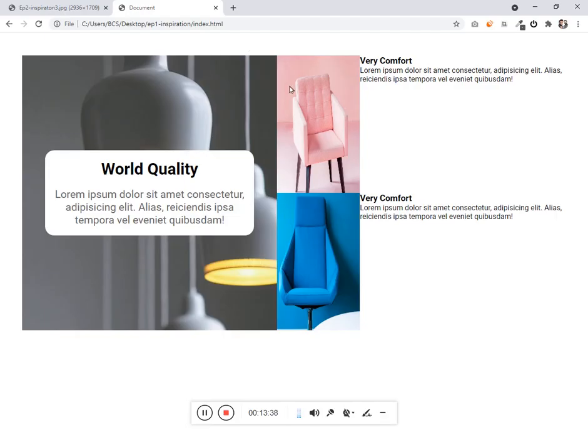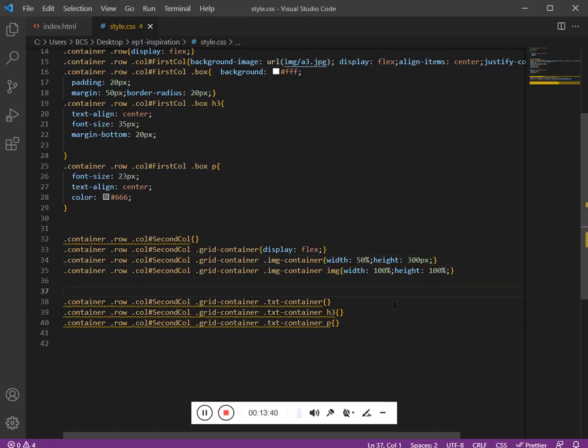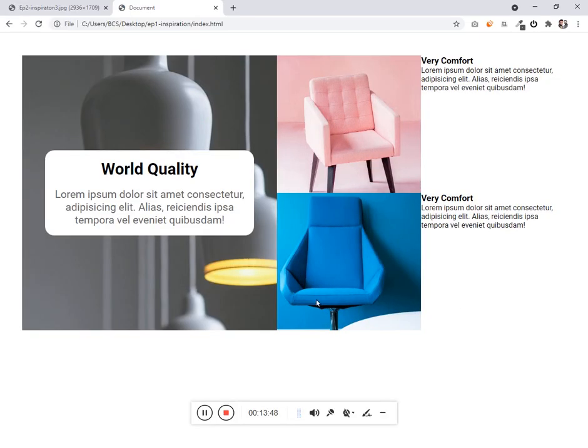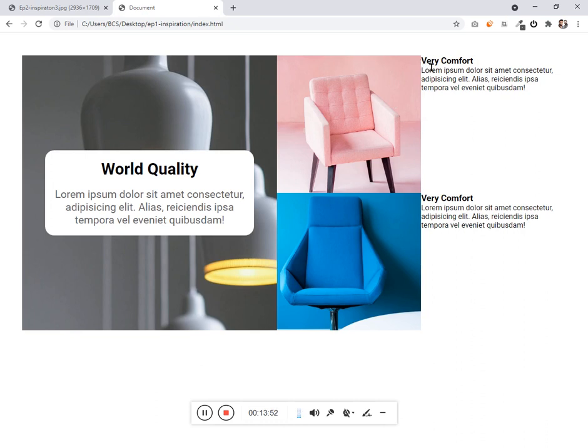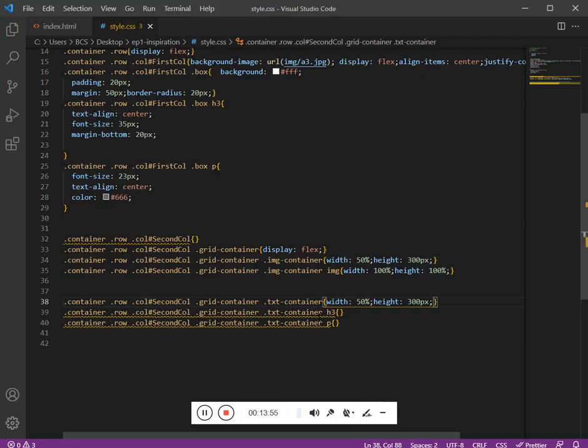So this doesn't look like 50. And let's add the same thing to the text container as well. Cool. Now we just have to make this at the center so that we have text content.